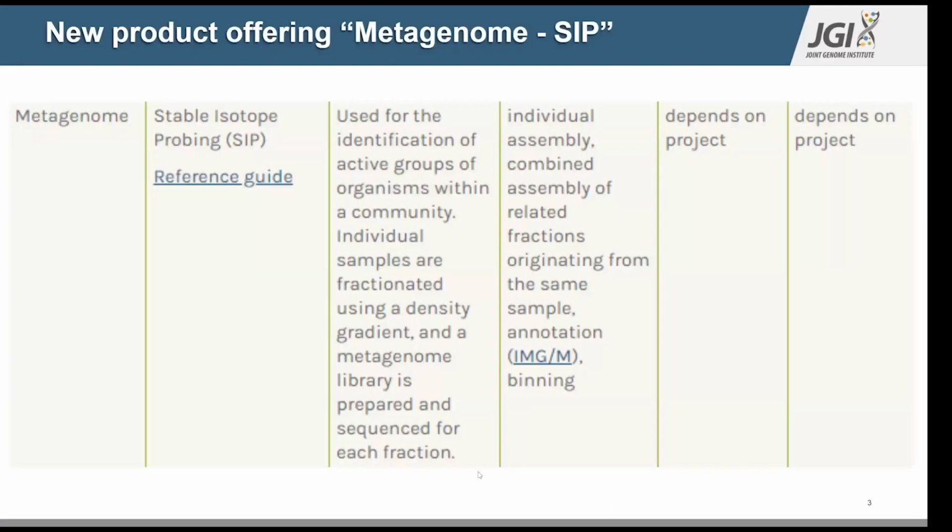All of this is to get a new product offering called metagenome-SIP, or metagenome stable isotope probing. This is a technique used to identify active groups of organisms within a microbial community. And this